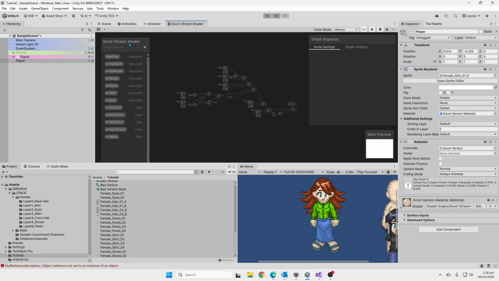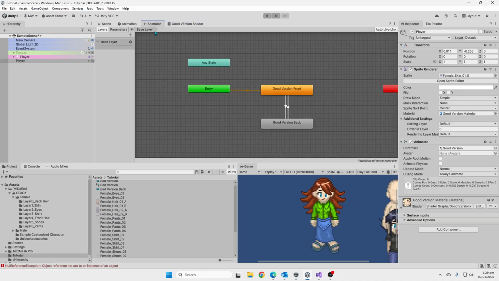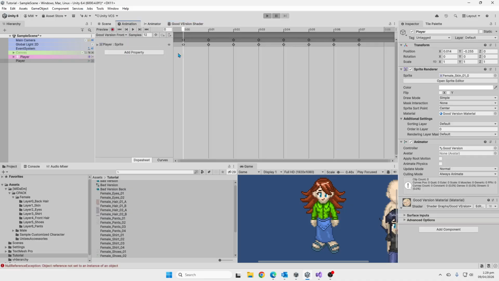It doesn't make sense if it's just a really simple character, but what we can do now is change things on the fly. I've got my animator where all we did was we had the skin put in. The skin sprite is what was sliced with the pivot point. It's all set up, and here's the back version and the front version, and it's just that one animation driving everything. If I was to play this,